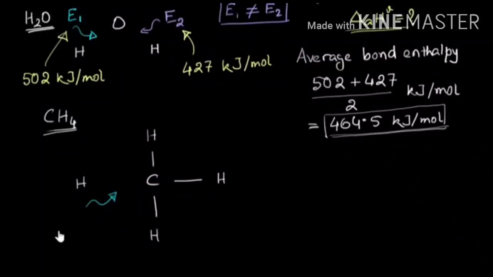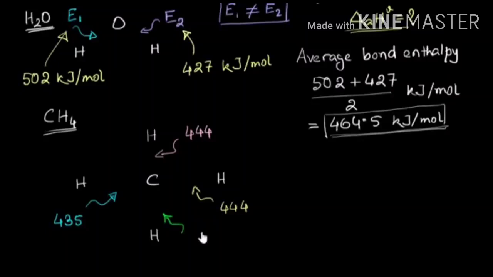The first bond enthalpy between carbon and hydrogen is 435 kilojoule per mole, and to break the second carbon hydrogen bond it is 444 kilojoule per mole, and it is also the same for breaking the third bond, 444 kilojoule per mole. But it is different for the fourth bond of carbon and hydrogen,